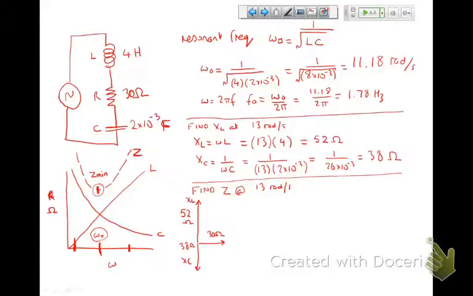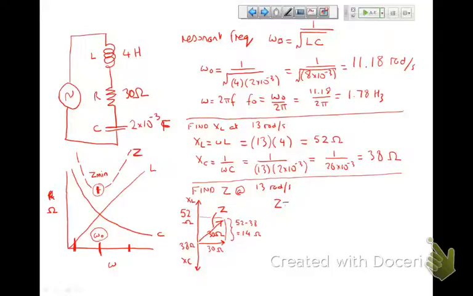So I can visualize this, I can draw this like that, and I can say, oh look, this here is going to be 52 minus 38, which equals 14 ohms. And this here is 30 ohms. So then I say, well, Z, that's my Z,